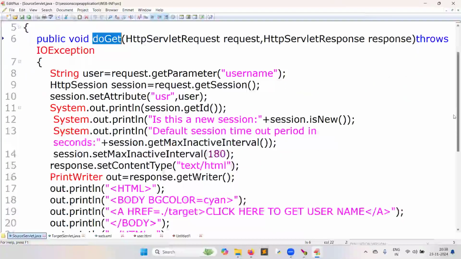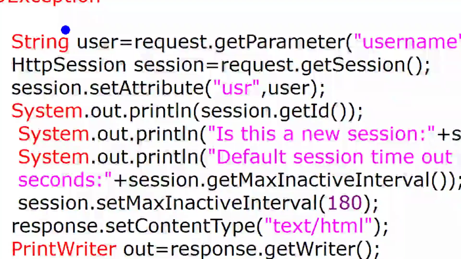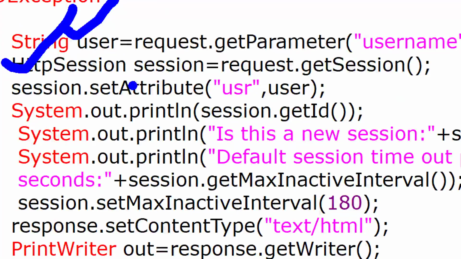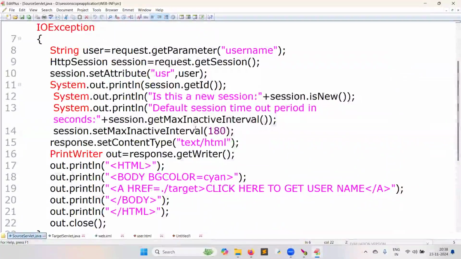Now tell me, in this servlet, what am I doing? Very simple. Capture the username, create the session object, store that username in the session. That's all. This is the main thing, please.